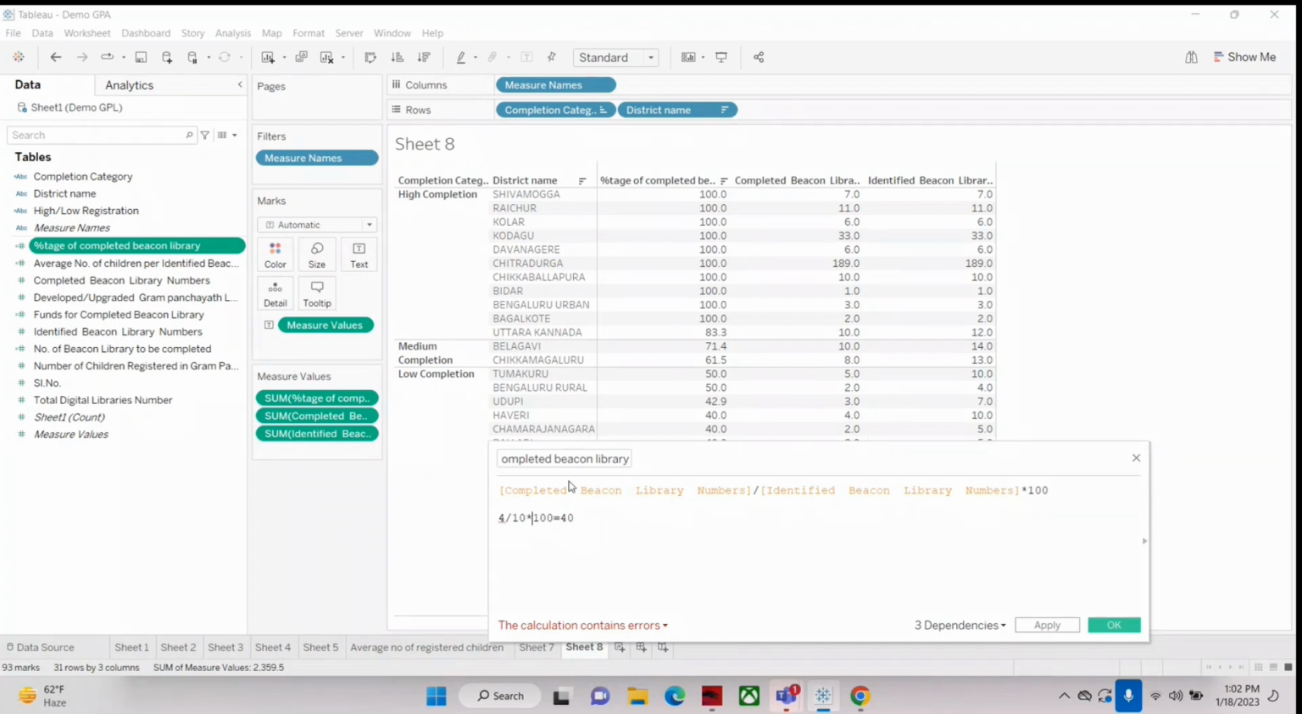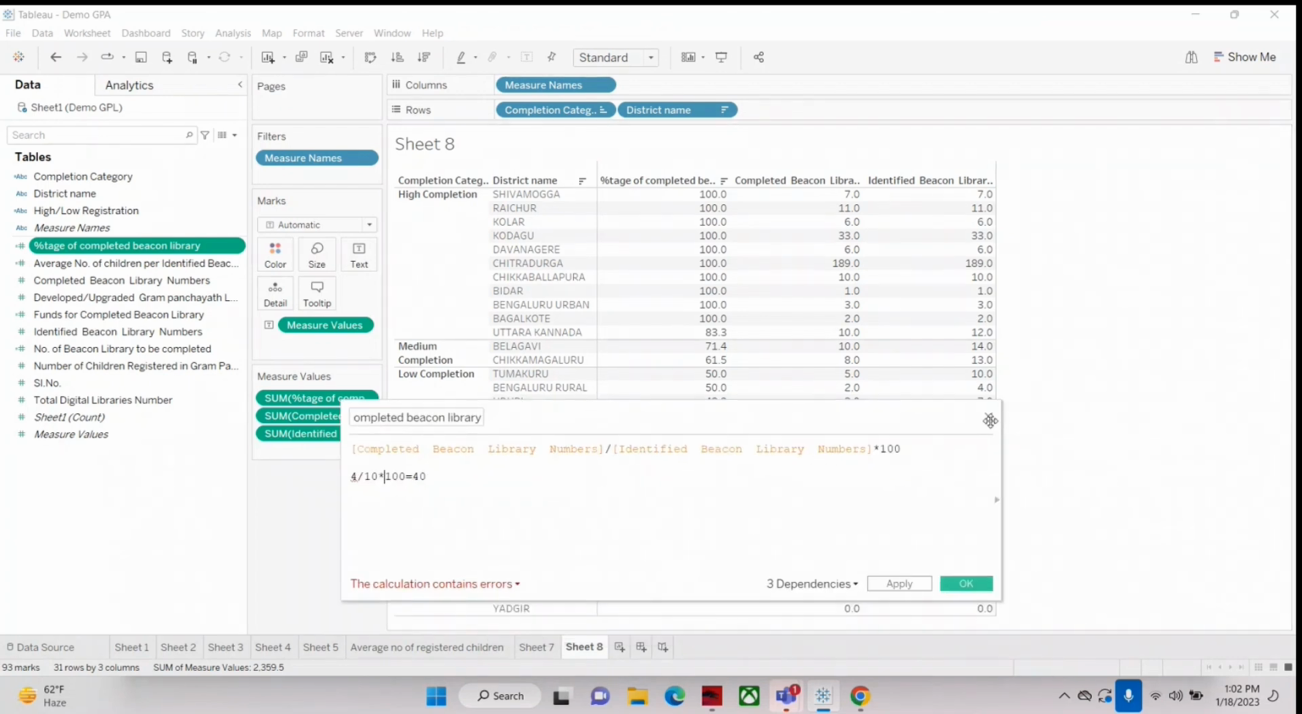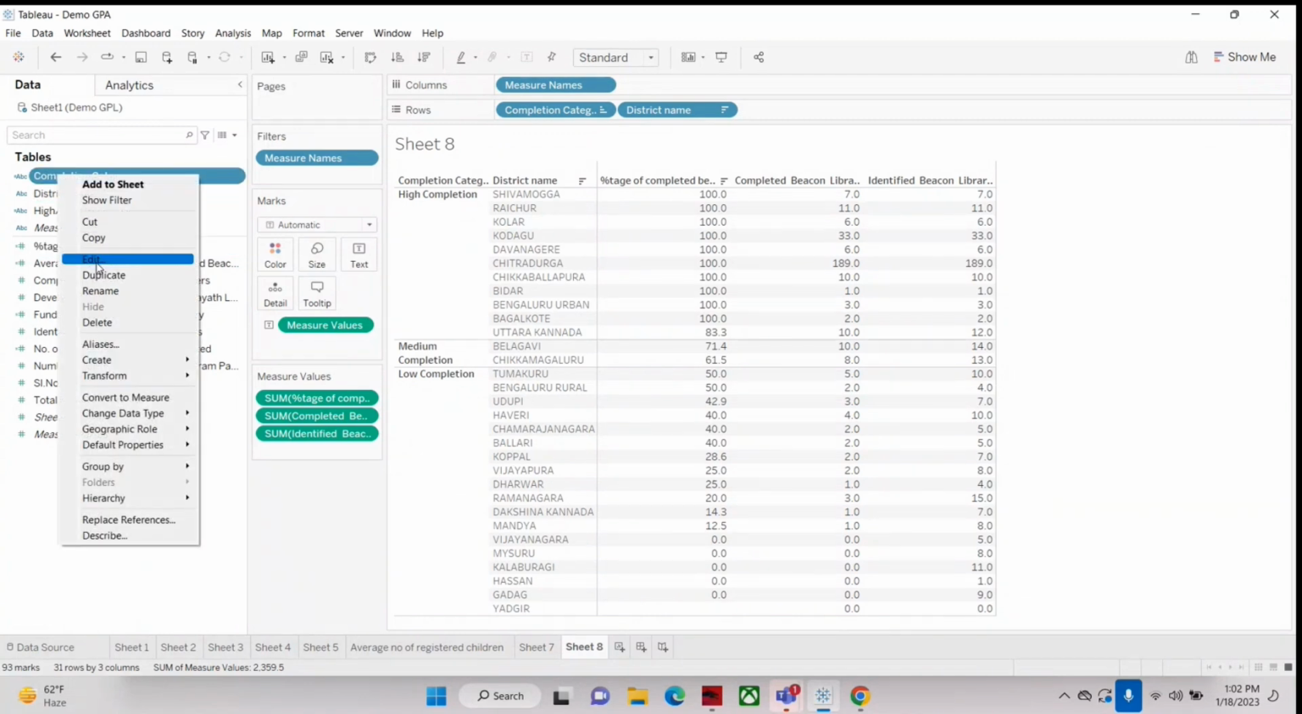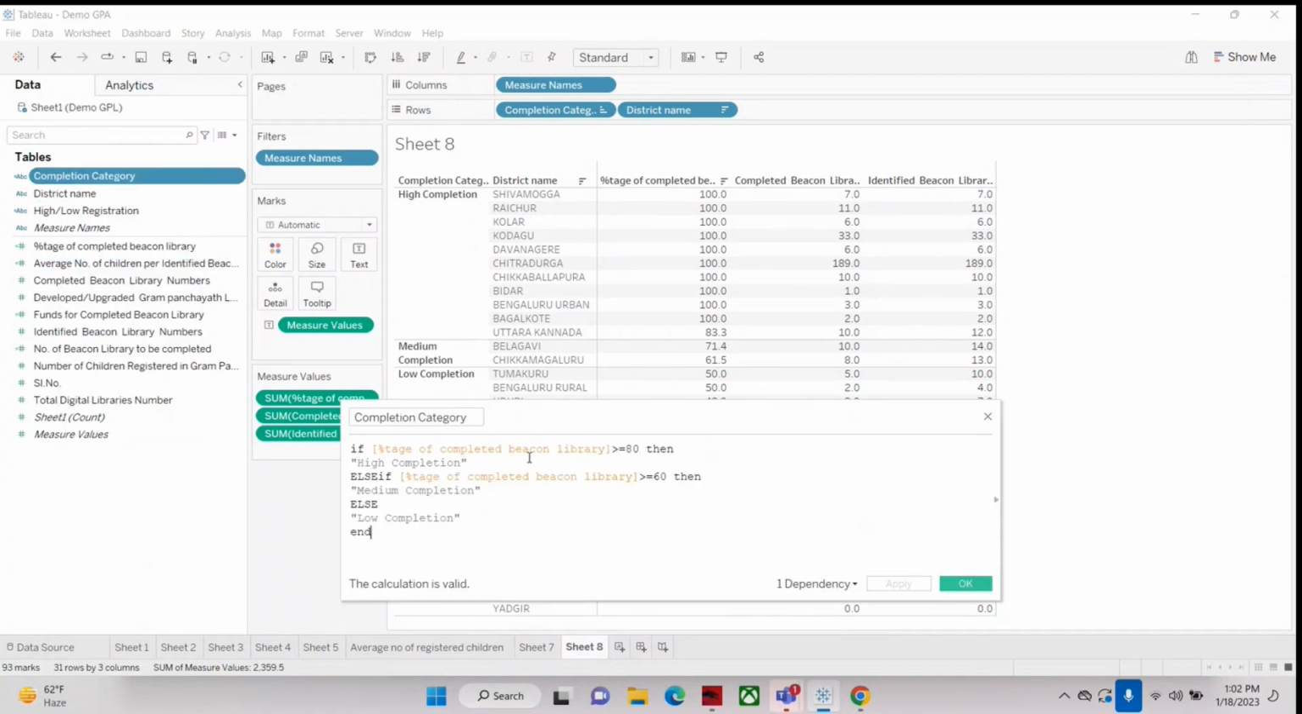And now this calculated field, see this calculated field has been used in completion category. Means this percentage of calculated library is not in the original data source. It is this, means this has been calculated by us. And this can again be used for calculating different formula functions or calculations. So now this percentage have been